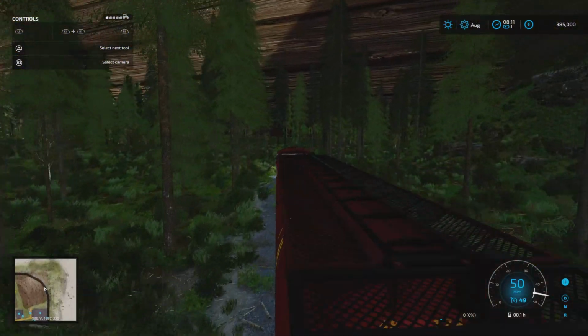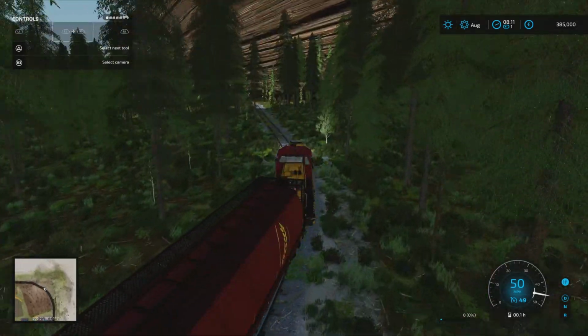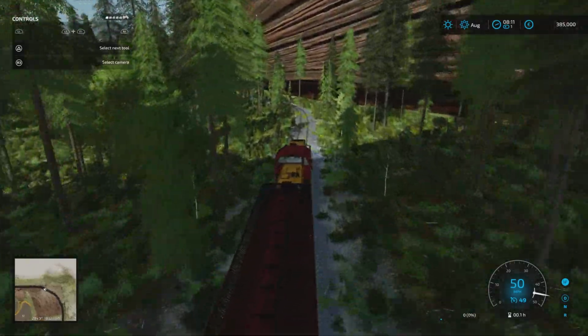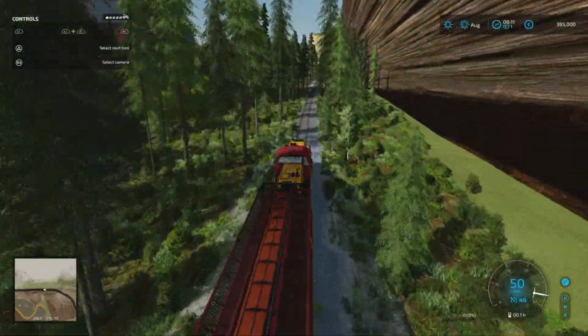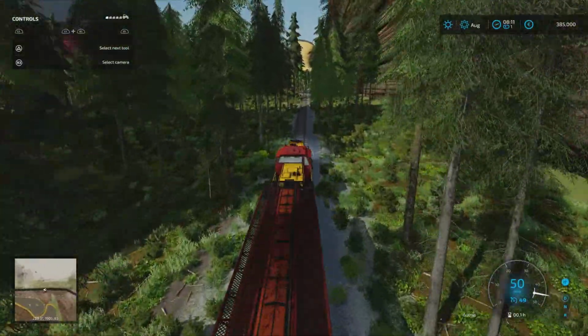Yeah. There's plenty of forestry. And there's enough ground that you can put other stuff in. You can create your own fields if you want to. So there are some fields to the south on the map. You come out into the light. And this is where...